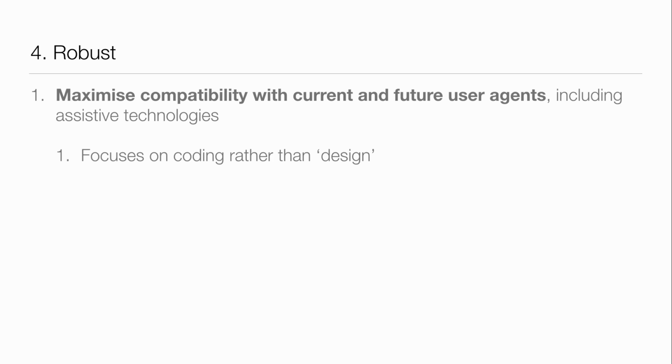And finally, we go into the last area, which is actually the easiest one, robustness. You want to maximize compatibility with current and future user agents. Now, I've talked quite a bit about assistive technologies in Windows or Mac. That is great. You don't need to worry about this as a UX designer. As a coder, developer, and programmer, you do need to worry about this. There's specific things you need to do, but the important thing is when you have a meeting about the design and development of your software or your website or whatever it is, you speak to the developer about WCAG